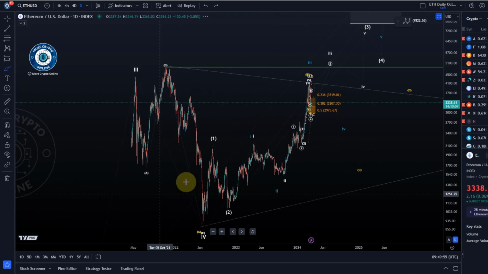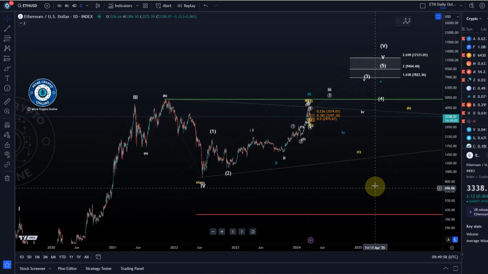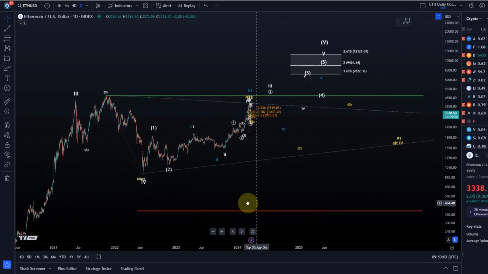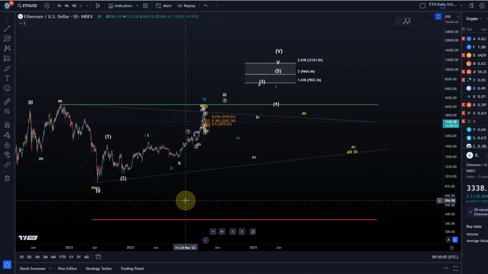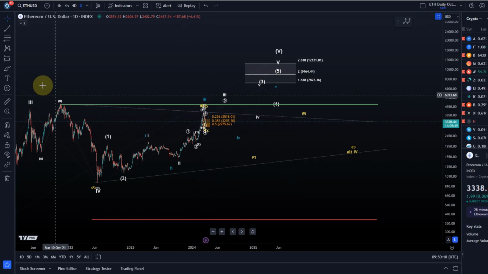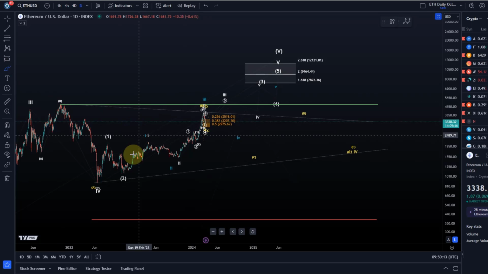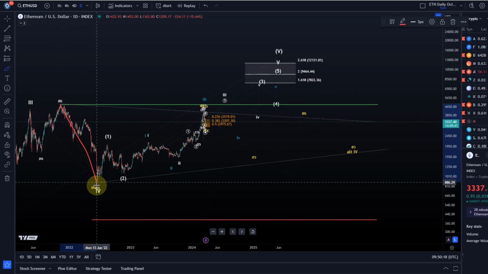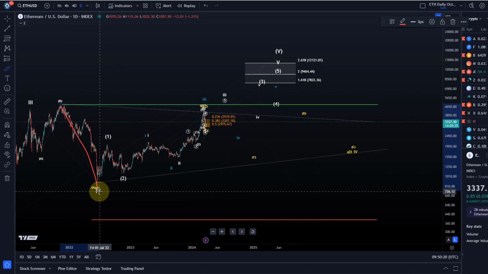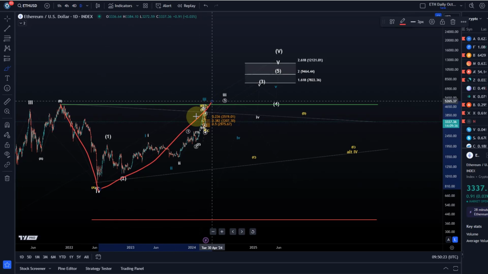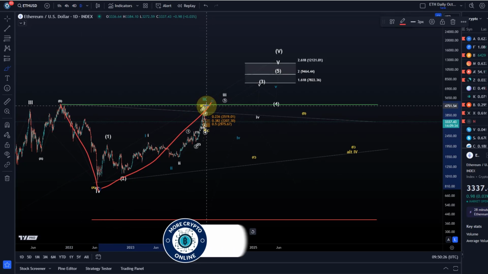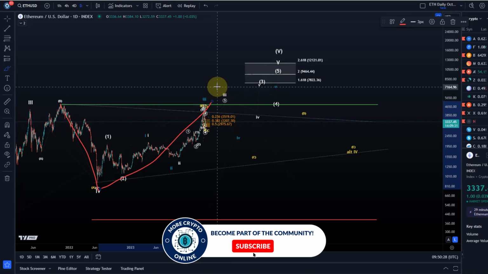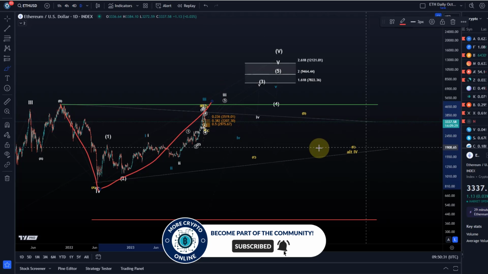However, as you can see, Ether is moving in a wave 5, so different counts have to be taken into consideration, which will only become a primary consideration if the price fails to hold the support area. In one scenario, we're dealing with a triangle that's highlighted in yellow. In this count, we have an A wave down from the previous all-time high, and this is now a B wave rally. It's only in 3 waves so far. B wave triangle waves can even overshoot, but so far it's not doing that.